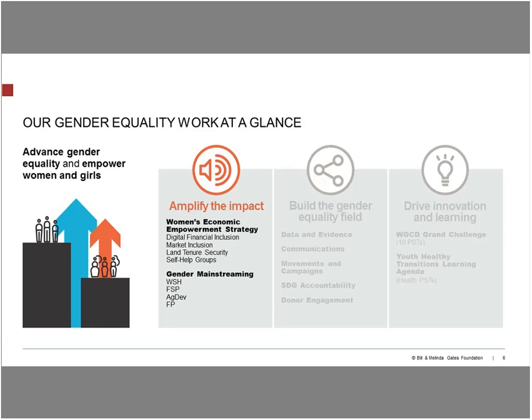And you can see the 4, gosh, we have acronyms on this slide, which I'm going to read out. They are working to gender mainstream with 4 teams: the Water Sanitation team, the Financial Services for the Poor team, the Agricultural Development team, and the Family Planning team. And what that has consisted of, the Financial Services team was lucky enough to be the first team that went through this in 2017. And it consisted of 3 sessions with the Gender Equality team and the FSP team as